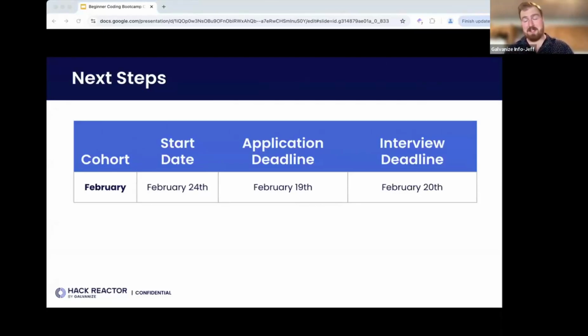We're 1 month away, which is going to sneak up rather quickly, from our upcoming start date here on February 24th. An application deadline that you need to keep in mind is February 19th. But again, we don't recommend that you wait too long to get rolling with those things. Your acceptance to this program means you can enroll in any cohort with available seats in it. The February cohorts will be running in the EST and PST time zones, so Eastern and Pacific time zones specifically. So if you have any interest in our beginner level program after the curriculum we've reviewed today,